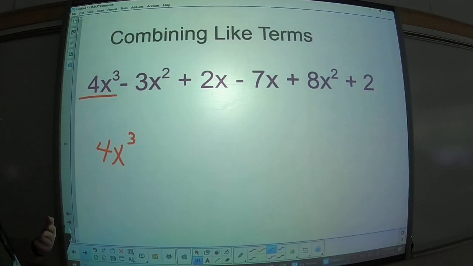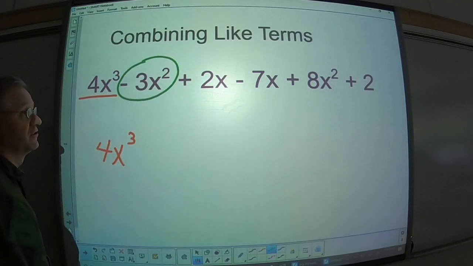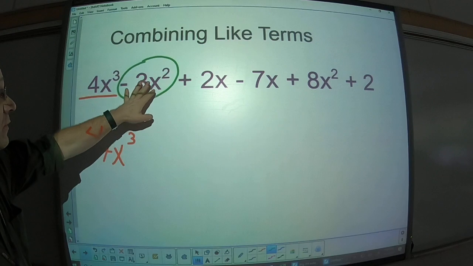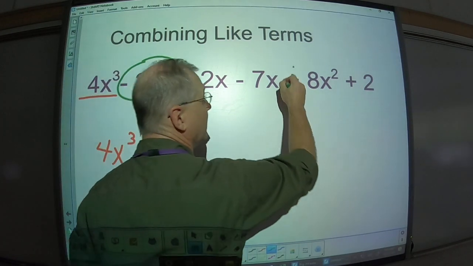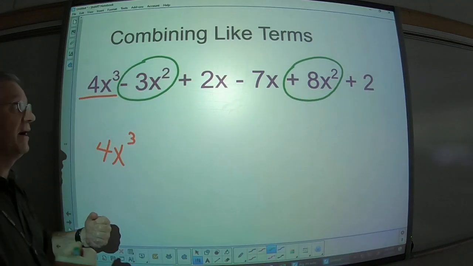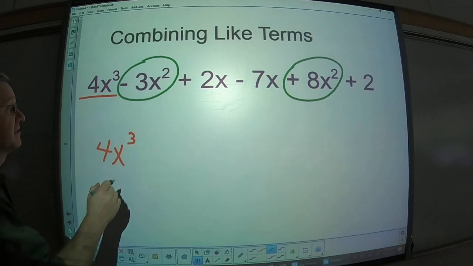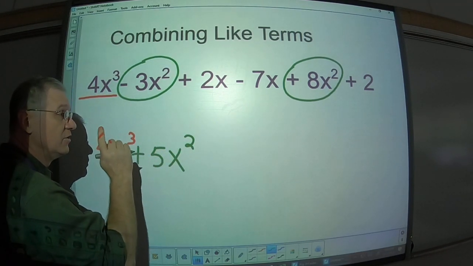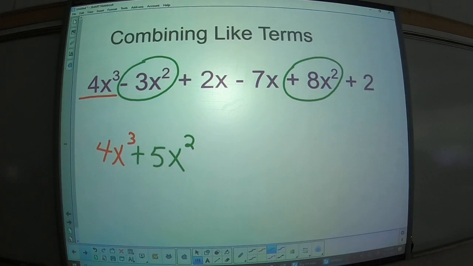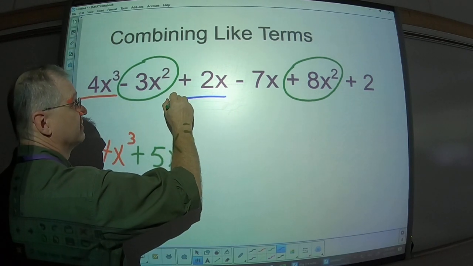Then I'm going to look for the next smallest exponent, which happens to be the 2, negative 3x squared. That's all one term. The negative goes with it. Positive 8x squared. When I combine negative 3x squared and positive 8x squared, that makes positive 5x squared. You do not change the exponent when you add or subtract. Next one would be the x to the first. I've got positive 2